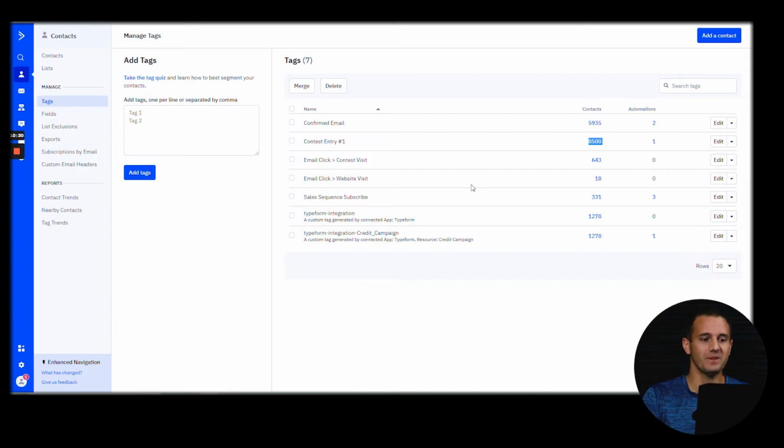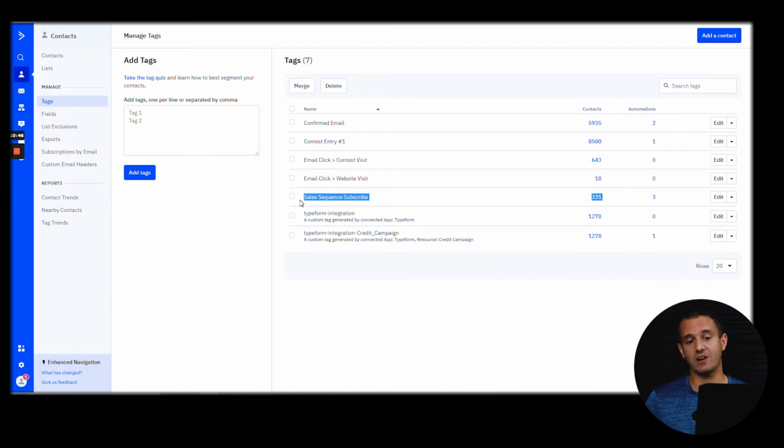As you can see here, my ratio of clicks to contest opt-ins is less than 10%. So that just shows you right there. And that's not just because it's a contest, it's just because that's top of funnel. Okay? Hope that makes sense. So you can see here, I also have a sales sequence subscribe. And I'll actually show you guys exactly how I set up the system of being able to qualify people from the contest, from them just entering to actually showing interest.